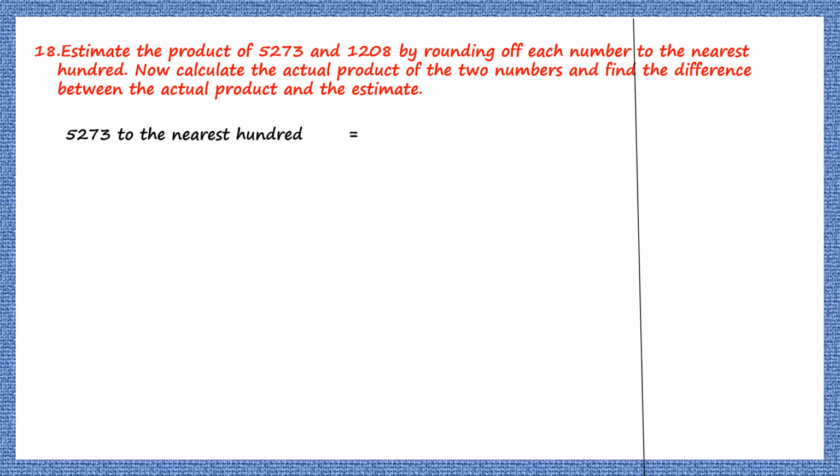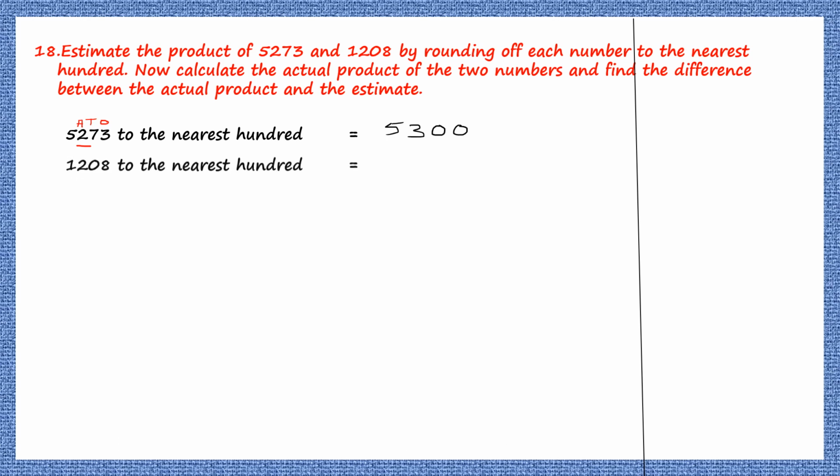So 5,273 to the nearest 100. I hope all of you remember how to round off numbers. So this is ones, tens and hundreds. In the hundreds place we have 2, and to the right of 2 we have 7, which is more than 5. So 2 that is underlined will now change to 3. So we have 5,300 here. Now in the place of 7 and 3 we're going to have 2 zeros. So we have rounded off 5,273 to